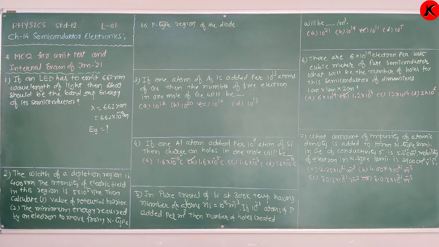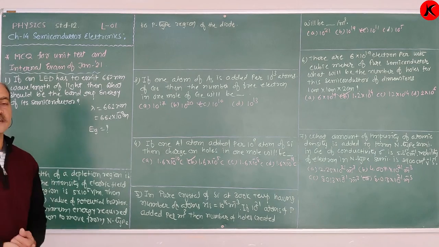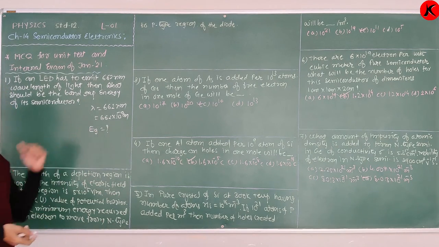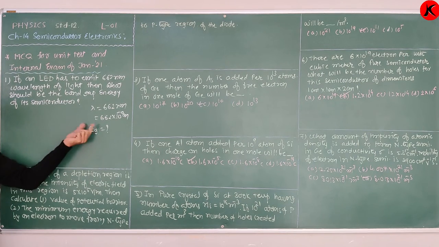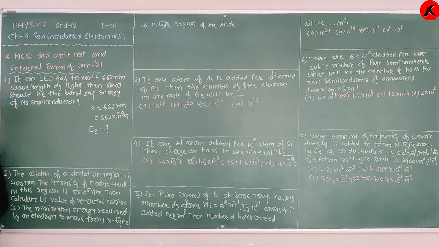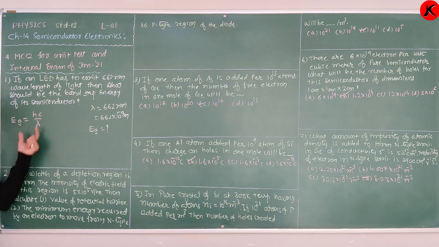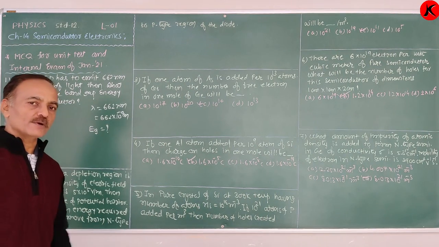So how can we calculate the band gap energy? Easy. For that purpose, we have the equation of energy E is equal to hc upon lambda. That is the energy of a photon. Here the light is emitted in the form of photons. Therefore, the band gap energy Eg is equal to hc upon lambda. So this value we obtain in joule, but we require it in electron volt. So first we calculate in joule, and then divided by the charge of an electron,